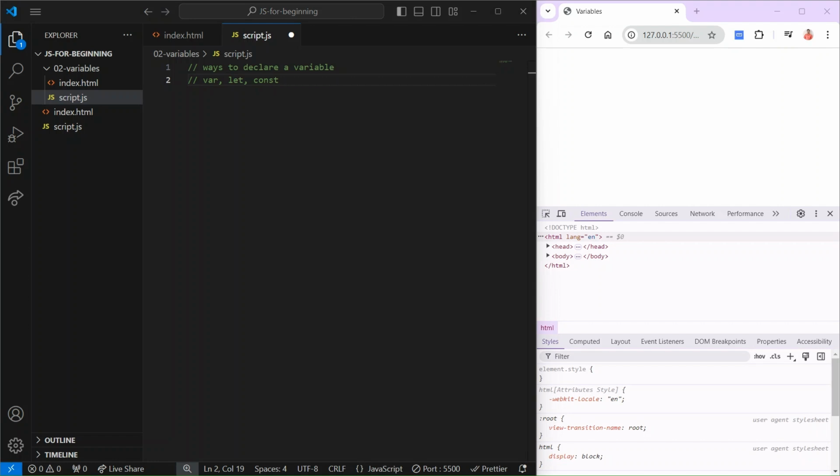Now you probably won't see var very much anymore, as var was the original declaration, but in 2015, which was the ECMAScript 2015 update of JavaScript, it was changed. It was a huge update to the language, and they introduced let and const, and the main reason for that